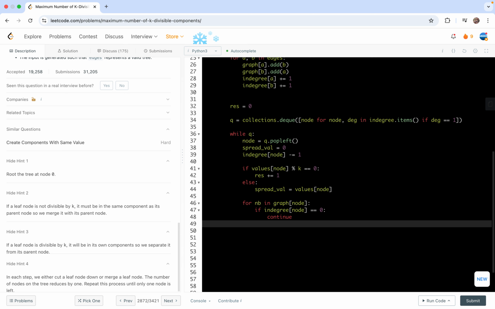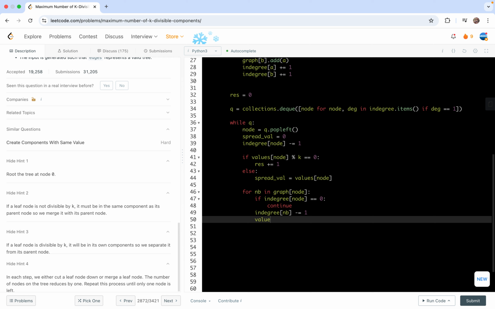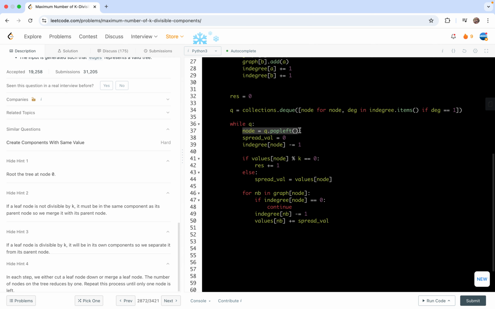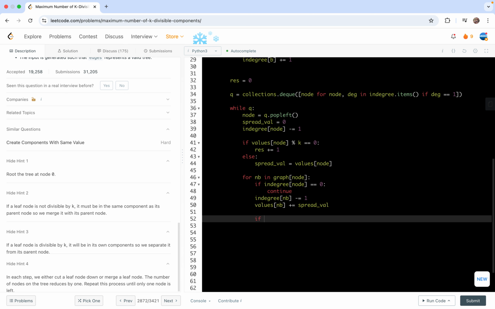Otherwise, the indegree of this neighbor is going to decrement by 1. The reason we decrement by 1 is because we have considered the node, right? So in this case, we are going to add the neighbor value by the spread value, depending on whether the node we are currently looking at has a value that is a multiple or not. So the values can be either 0 or the value of the node, right? So up to here, we finish this part, and then we are going to still check if we need to